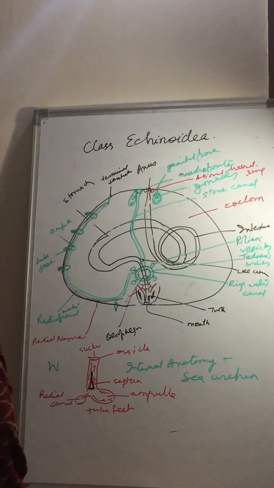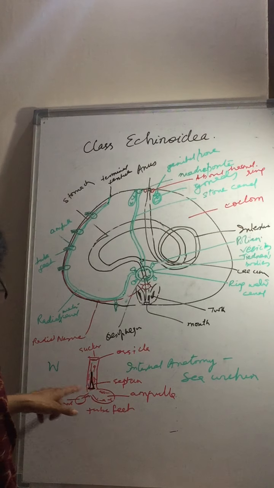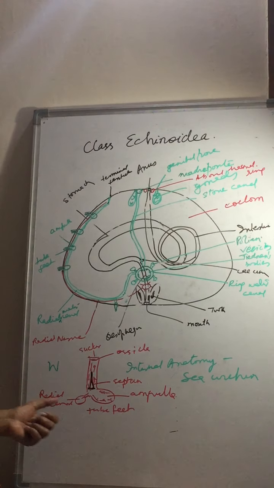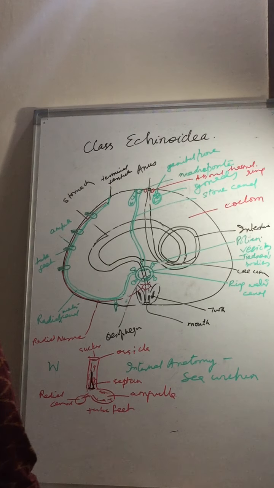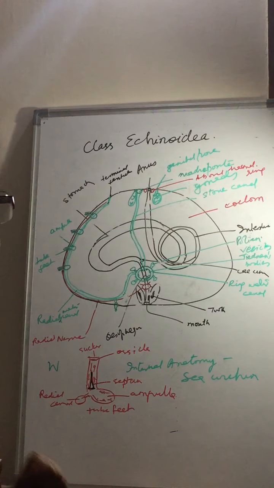The ampullar canals are also double here. So there is a double ampullar canal, and from each ampulla two canals pass through a pore pair, and the pore pair pierces the ambulacral plate to join the tube feet. Sea urchins have long tube feet, as I have told you earlier, and they move slowly by means of podia. The water vascular system mainly serves for locomotion by hydrostatic pressure. So this is about the water vascular system of the animal.